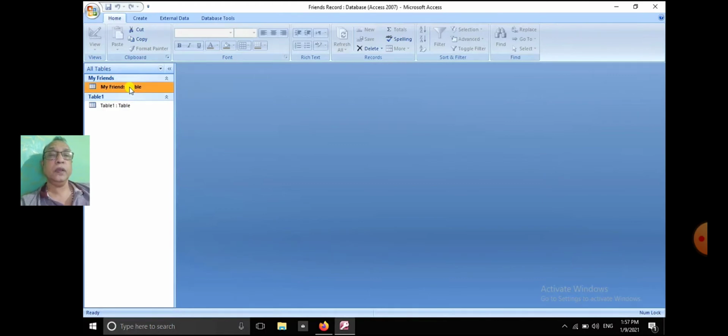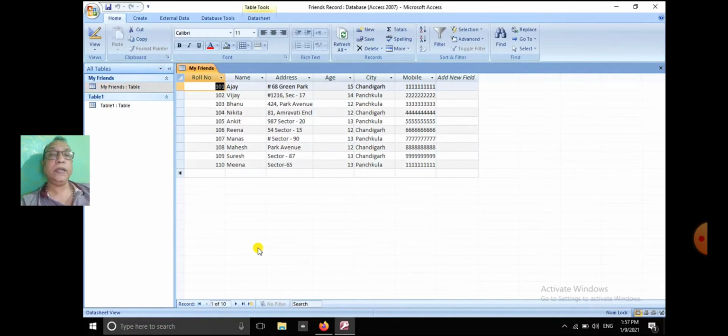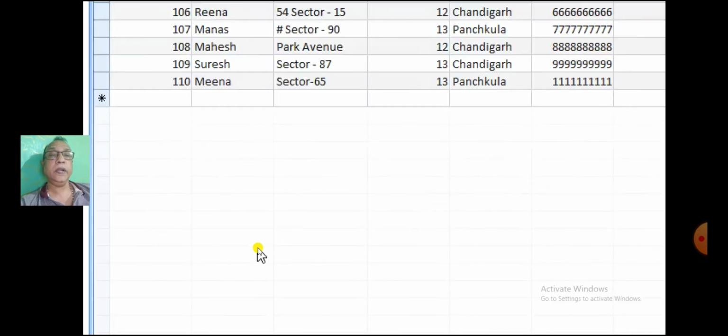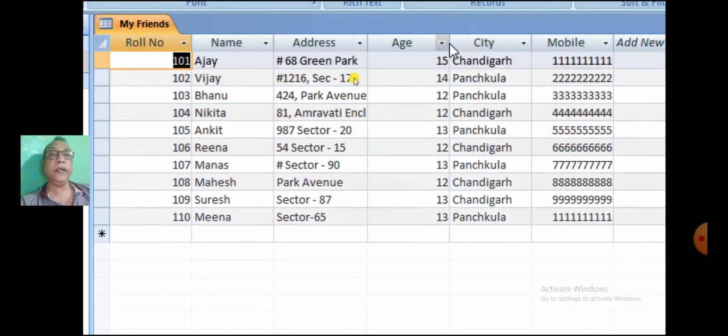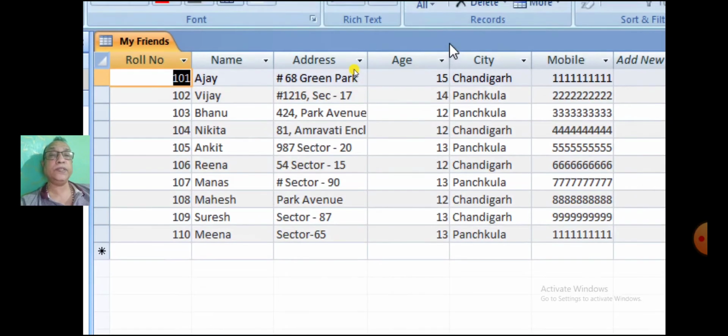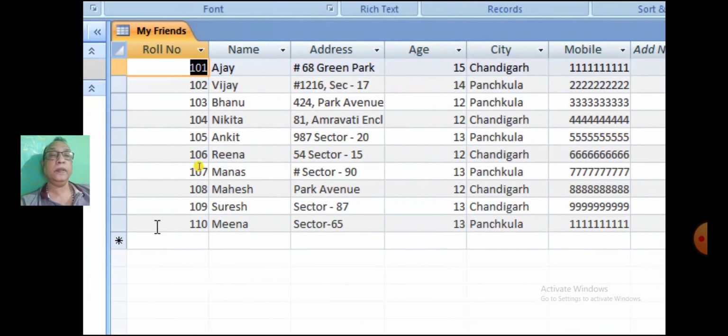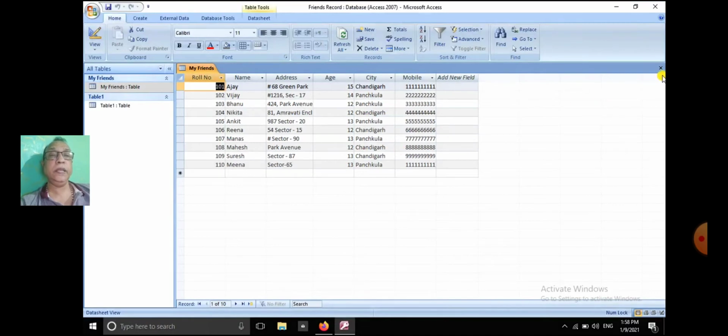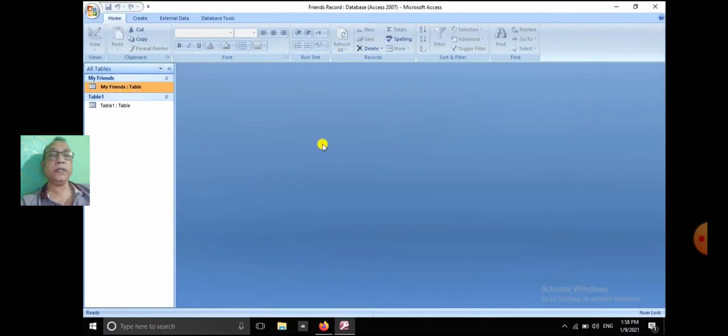We will enter 10 records. 10 records are already entered in My Friends table. Similarly, enter 10 records in the next table, that is Table 1.